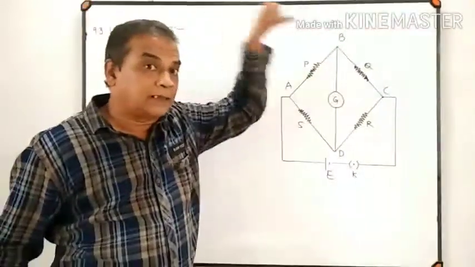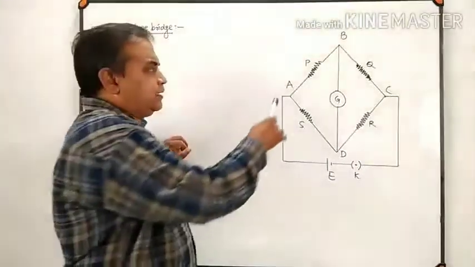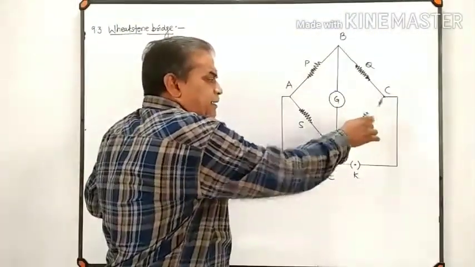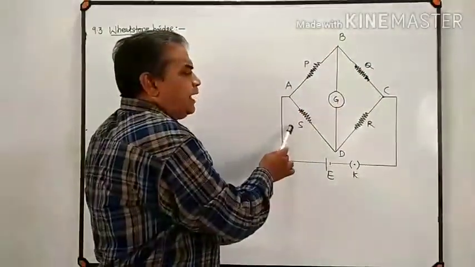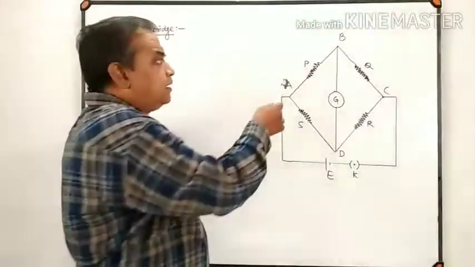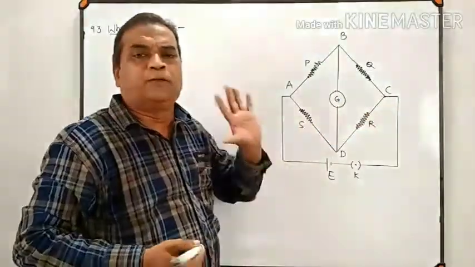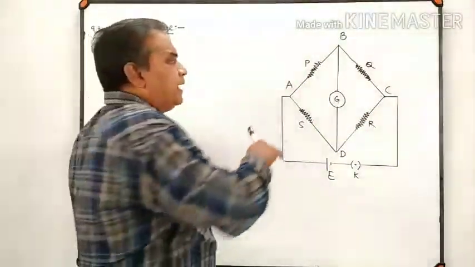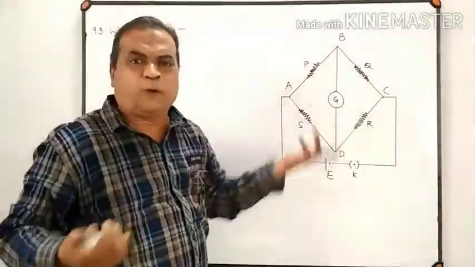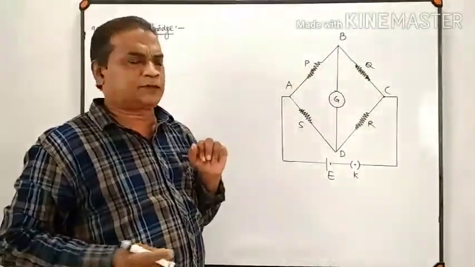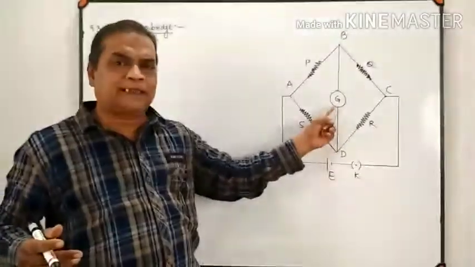So what is a Wheatstone's network first? A quadrilateral ABCD. Look at this figure. Quadrilateral ABCD formed by the 4 resistors P, Q, S, R as its 4 arms is known as a Wheatstone's network. It can be converted into a Wheatstone's bridge just by connecting a galvanometer